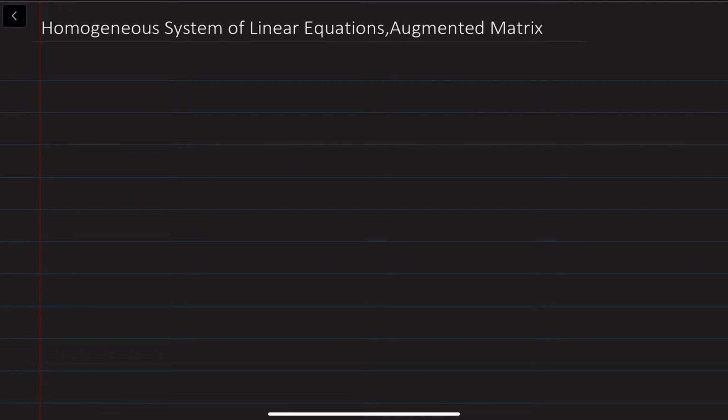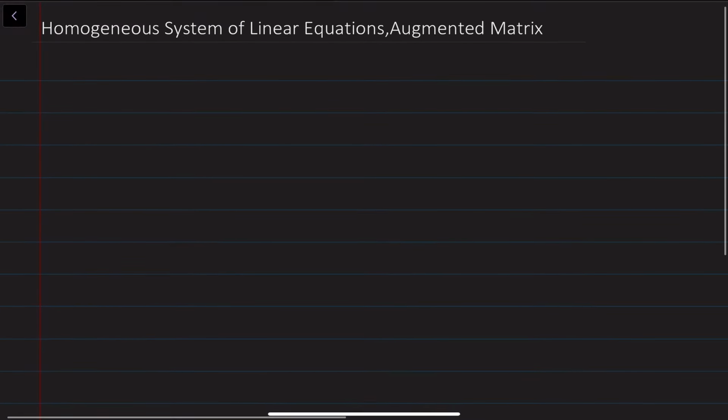In this video lecture, we are going to discuss the homogeneous system of linear equations, its solutions, and also we're going to talk about something which is called the augmented matrices. So if you remember, previously we talked about the linear equation, and we defined a linear equation in the form